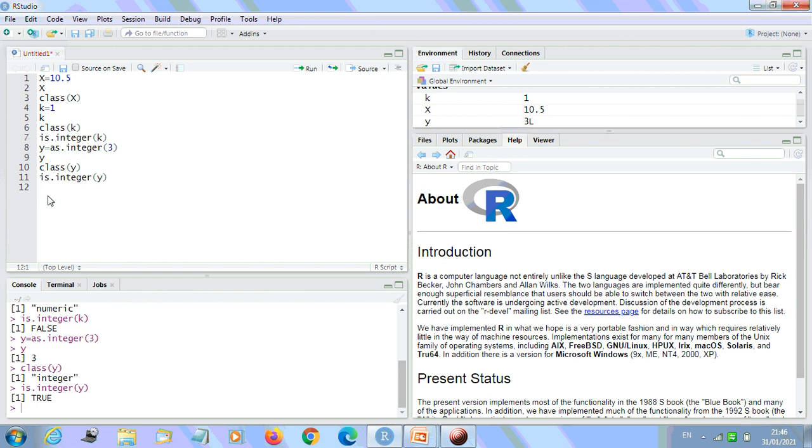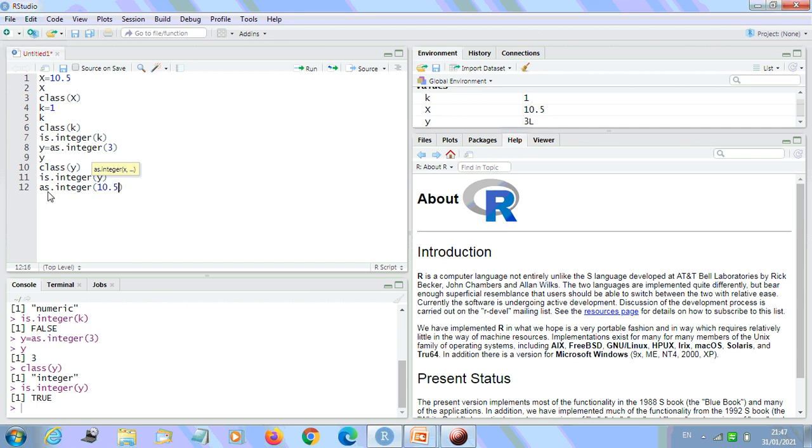Incidentally, we can coerce a numeric value into an integer with the as.integer function. So we can change the data type also. That is the meaning of coercion. I will write as.integer, and here I give a decimal point kind of value.